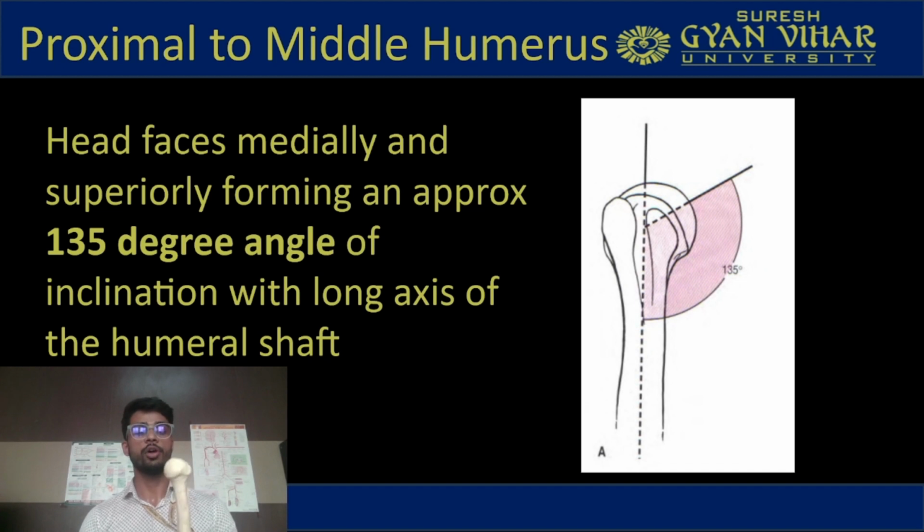One important thing to remember is that the humerus has its head at a 135-degree angle of inclination with the long axis of the humerus shaft, which means that your head is located at 135 degrees to the humerus shaft. The angle between the head and the shaft is 135 degrees. This is formed because when we are growing, there is a law known as Wolff's law, which decides how the bone will form according to the stress of forces.